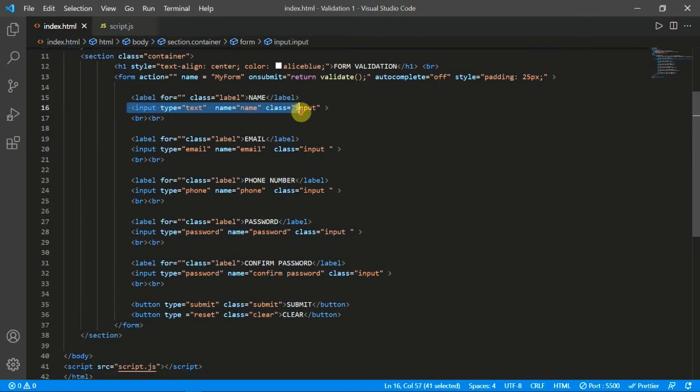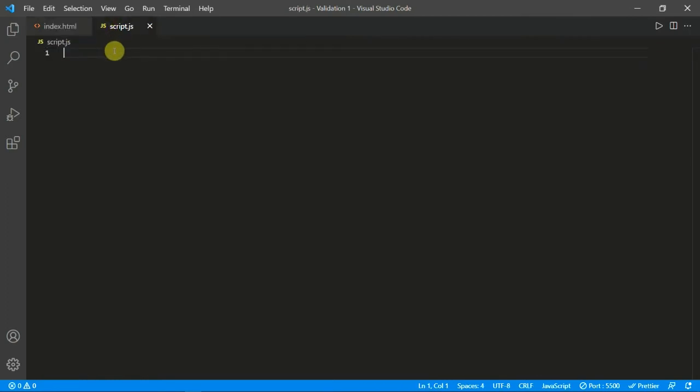To get this element, we will create a variable username equal to document.forms, then the form name, which is myForm, and then the input box name, which is name.